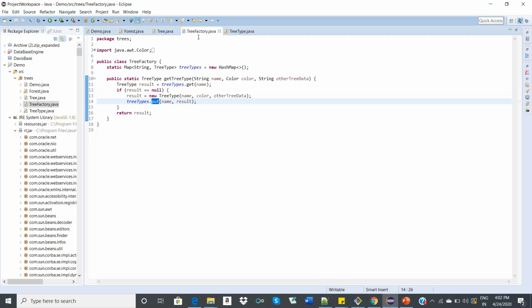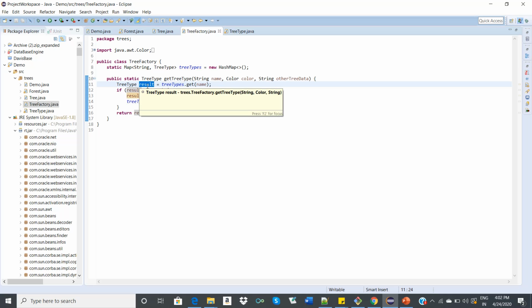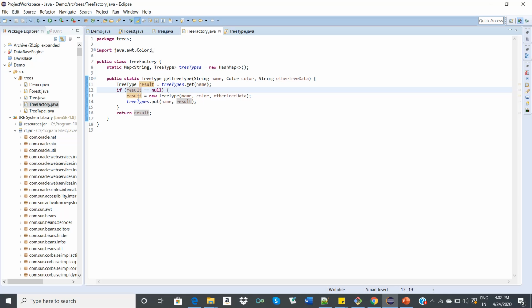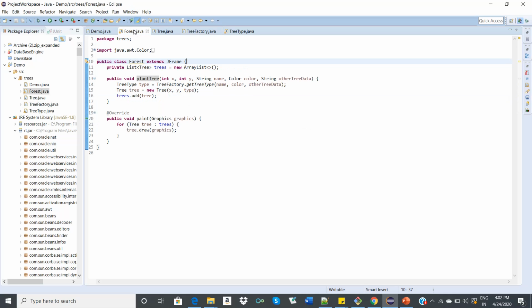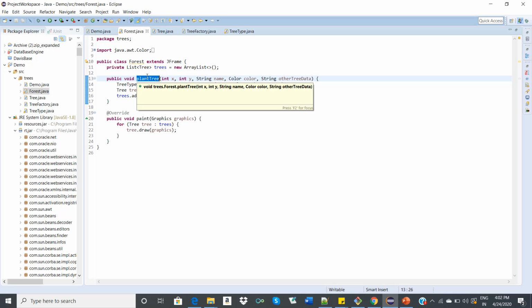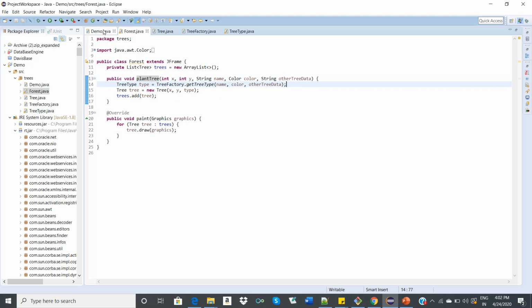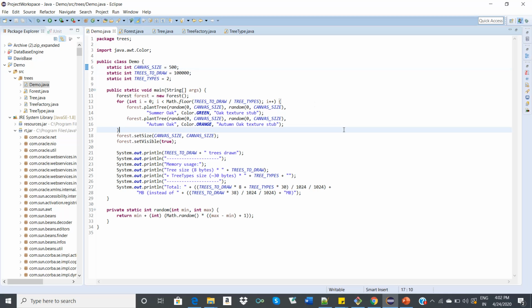In the tree factory, we'll be checking for an existing tree type. If we have a tree type, we'll return it, or else we'll create a new tree type. And this forest will be planting many trees of such kind. Let's see a demo of it.